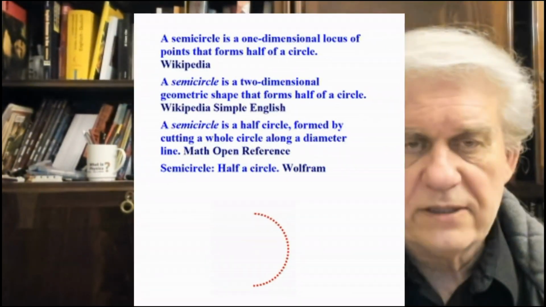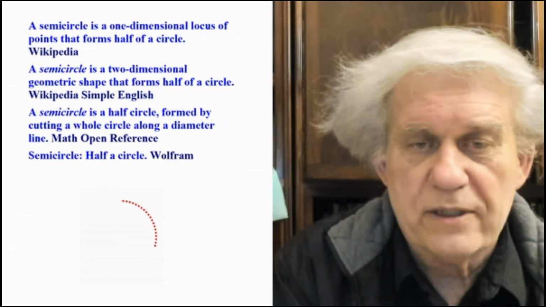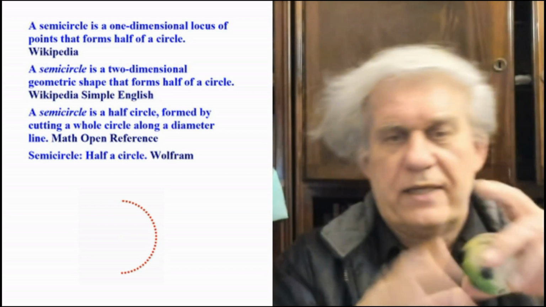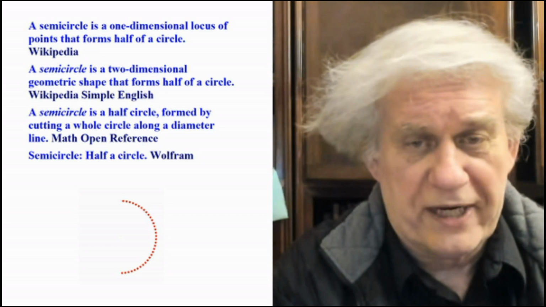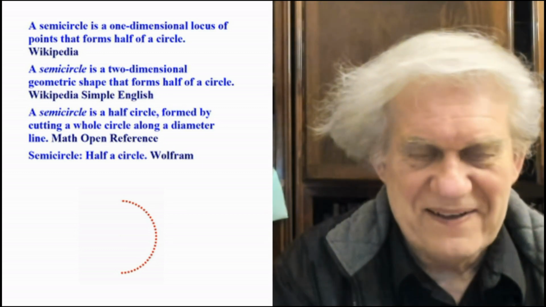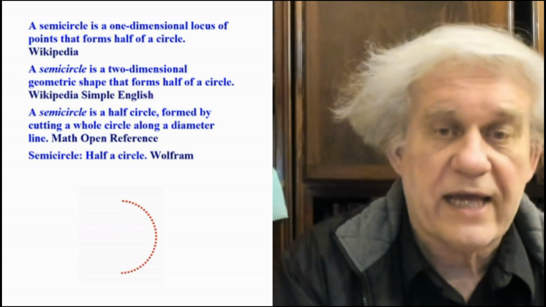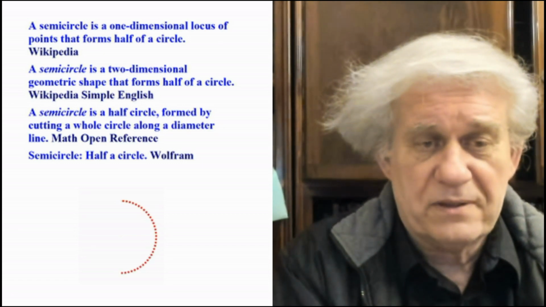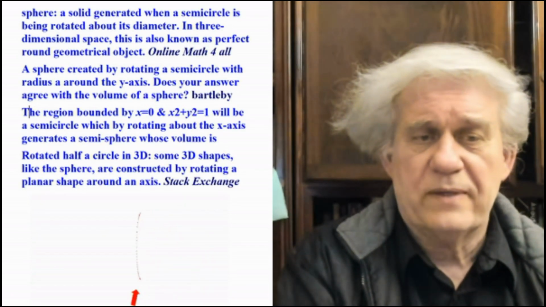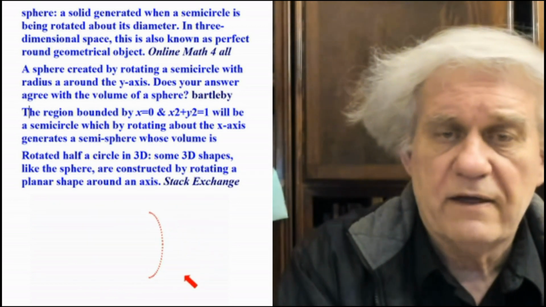So what is a semicircle? Once again, here it is. A semicircle is half a circle. So you swing your ball or whatever you've got, like in my case here, I've got this ball, so I swing it around. That's what a circle is, but the semicircle is just half a swing. And you stop it halfway. Now you take that, and with that, you're going to build a sphere. What is a sphere? Well, you're going to twirl that itinerary, that geodesic around somehow. And here it is, you twirl it around. And that's what a sphere is, just a twirling around of a geodesic. That's what these people understand by sphere.